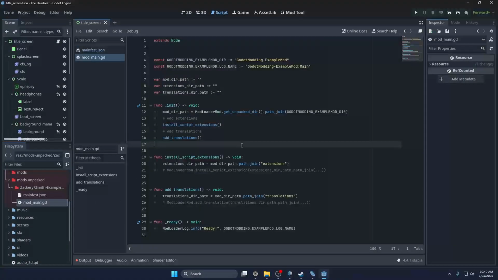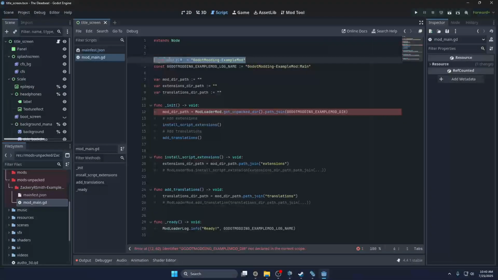Let's jump down to our mod main here, and if you've never read GD code before, you might be out of your mind, and if you have, this is relatively simple, right? So let's first cover some things here. These two variables, we have Godot modding, example mod directory. Now, why is this so verbose? Well, the reason it's verbose is because if we just did mod directory instead of doing this whole thing,